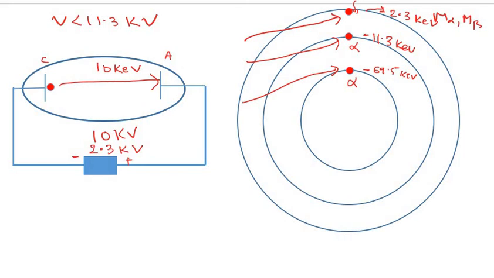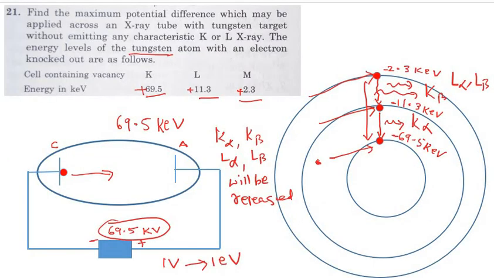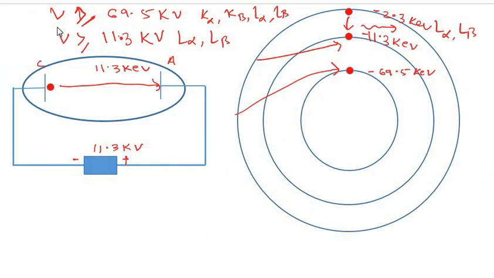So as per our question, let's look back. They are asking what should be the minimum voltage that I should keep so that K alpha, K beta, L alpha, L beta should not be released. So as we discussed, if we keep the voltage greater than or equal to 69.5 kV or even equal to 11.3 kV, all these X-rays would be released. So I need to keep the voltage just below 11.3 kilovolts, and hence